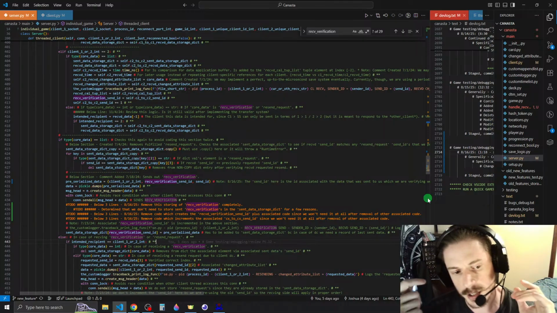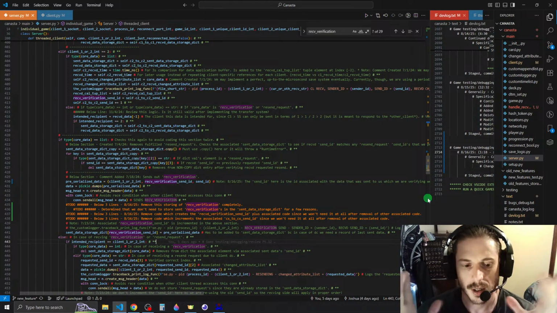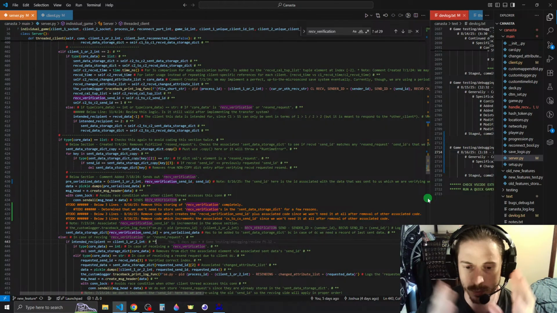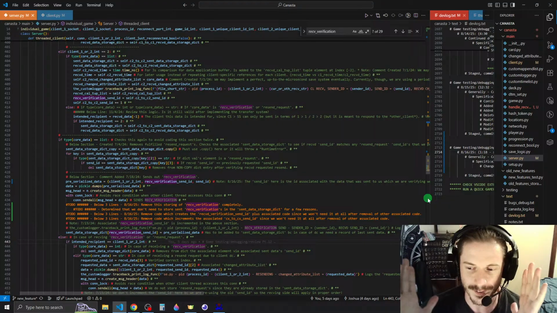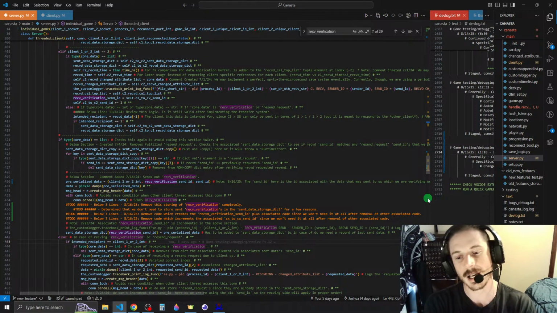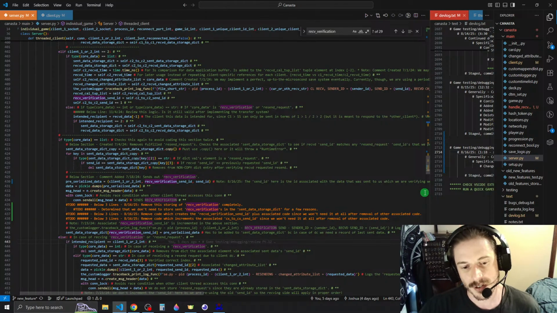Like, we don't want to send out receive verification for every single thing, because let's just say they send changed game data, then we receive it, and then we say, all right, send out receive verification, we got it. Then when they receive it, if they send us a receive verification for their received receive verification, then when we receive that one, we're going to have to send out a receive verification for that receive verification, and then it's just this endless thing of like, yeah, we got it, yeah, we got it, and you don't need to do that. So you only need to send out receive verification for